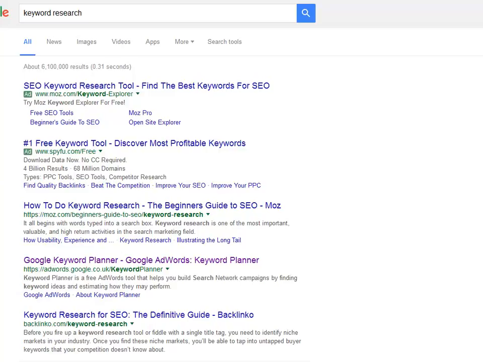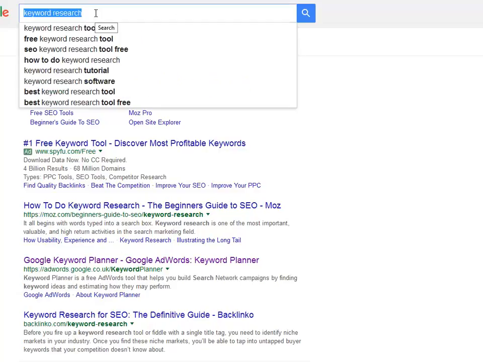But what you can do, obviously, keyword research, that's far too broad a term. So as you see there, if I highlighted it, I've got keyword research tools, free ones, SEO, how to do keyword research, tutorial, best tool, and so on. So if you click on, say, that one,